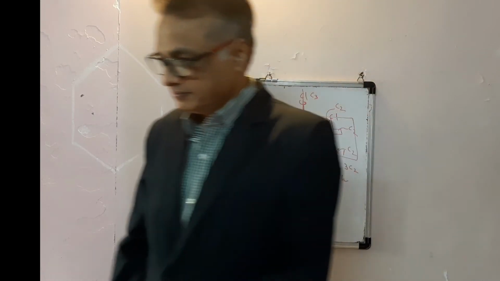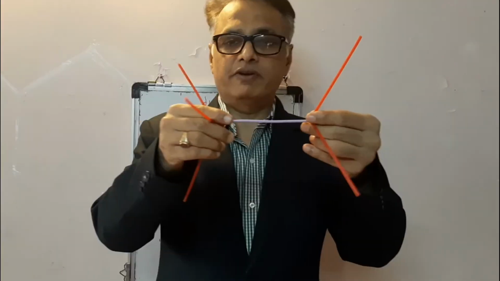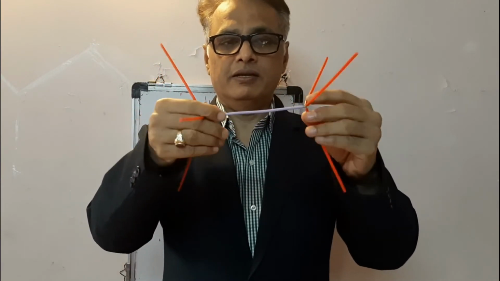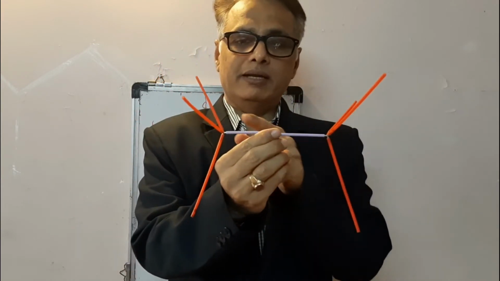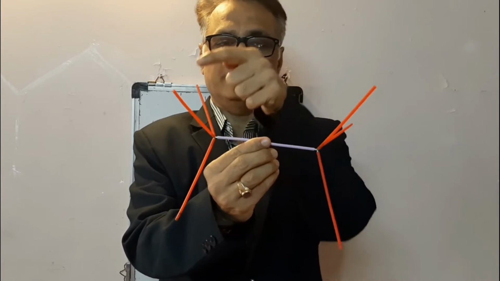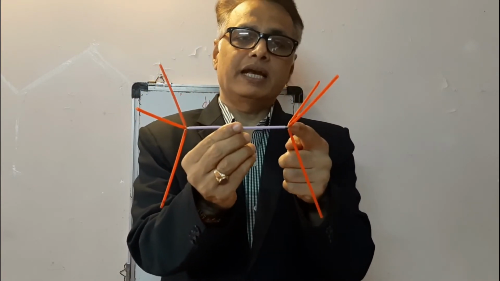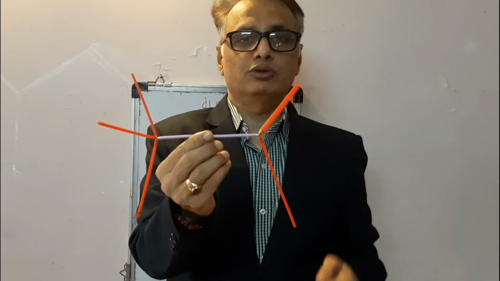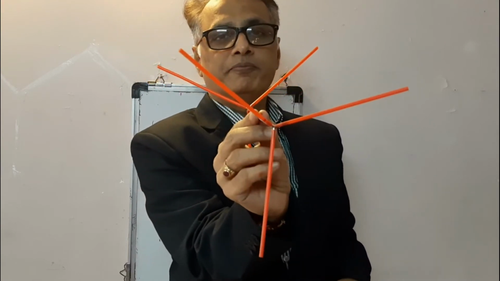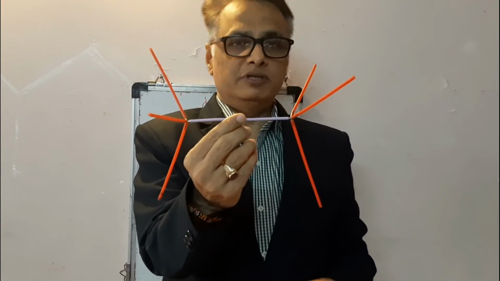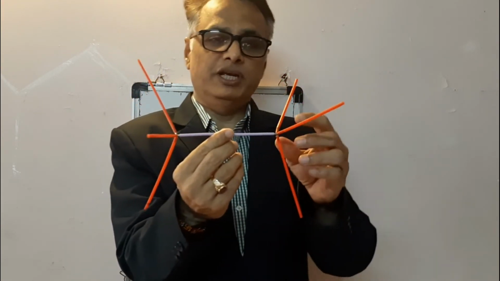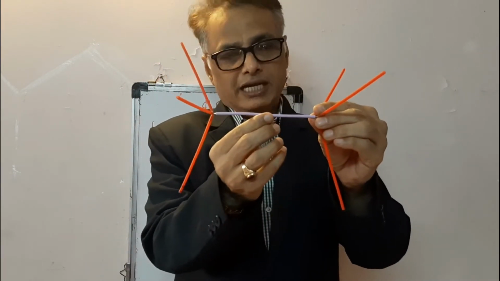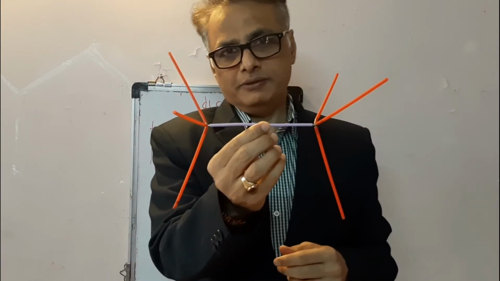Now, let us find out the point group of eclipsed ethane. This is our eclipsed ethane. Eclipsed ethane contains 2 carbon atoms. This is carbon number 1, which is attached with 3 hydrogen atoms. This is the second carbon atom, which is also attached with 3 hydrogen atoms. This is the eclipsed form. The structure is eclipsed. Let us find out the point group of eclipsed ethane.